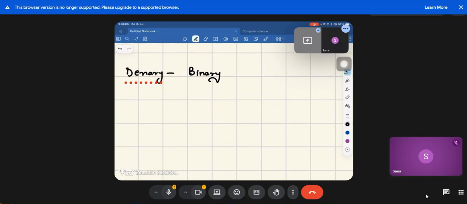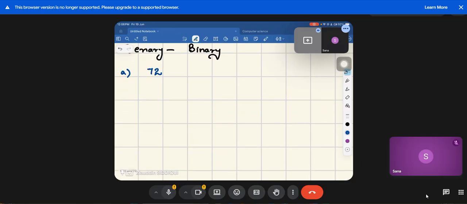For example, I'm going to pick a denary value that is 72. Again, there are two methods of doing it. The first method is very similar to what we did in question number 1. For example, 1, 2, 4, 8, 16,